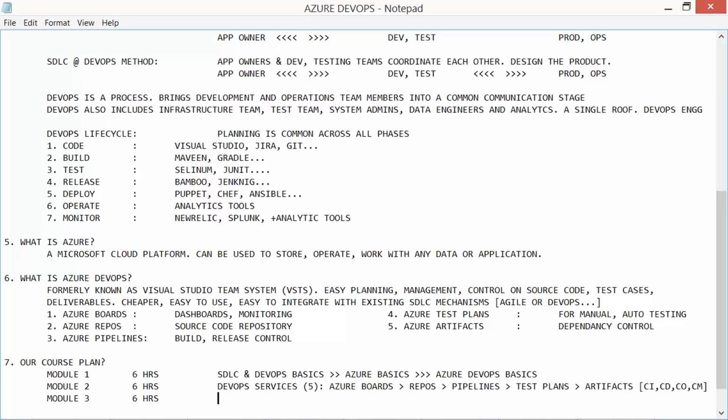Then comes the next, third module. In the third module, we'll be understanding the integration of the above 5 services and Azure DevOps in the Azure portal. There are different ways to implement DevOps. We need to understand from dev.azure.com as well as portal.azure.com. There are 2 different environments. And here comes the concept of Kubernetes and other containers. And from there we'll go for the DevOps Server.